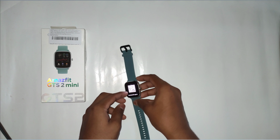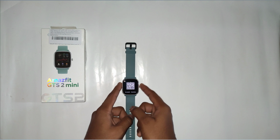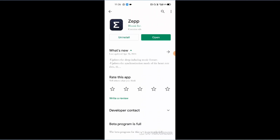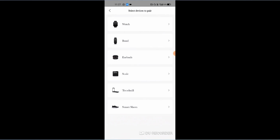As you can see, we have to scan this code from the Zepp app and install that app, and I will show you again. This is the companion app for this AMAZFIT GTS 2 mini and all AMAZFIT watches. You have to download the Zepp application, which is available on the App Store and Play Store. From Android and Apple also you can use this app. Here you can see I have installed this application. Here you can see the interface looks like this. You have to log in with your credentials first of all. Then you have to click on add devices. Here you can see many devices are there. You have to select watch,